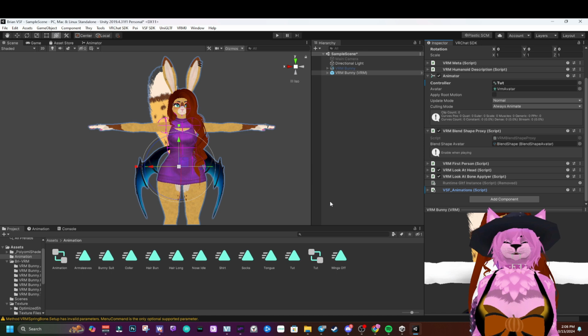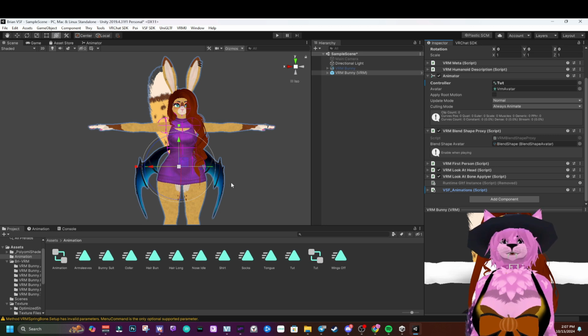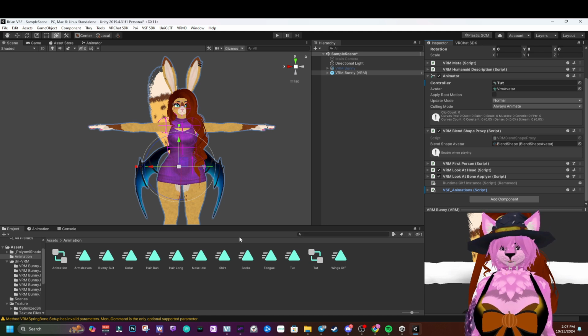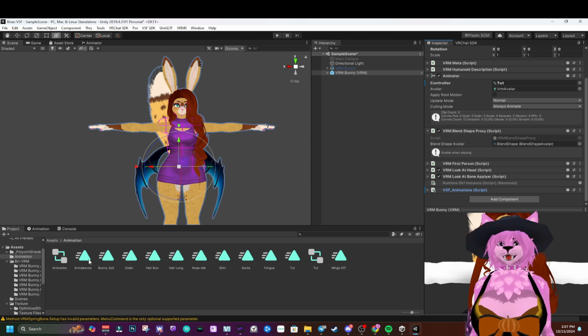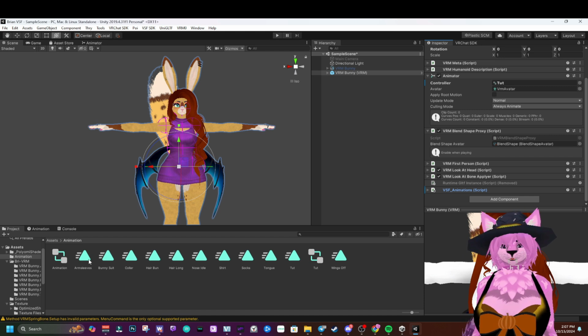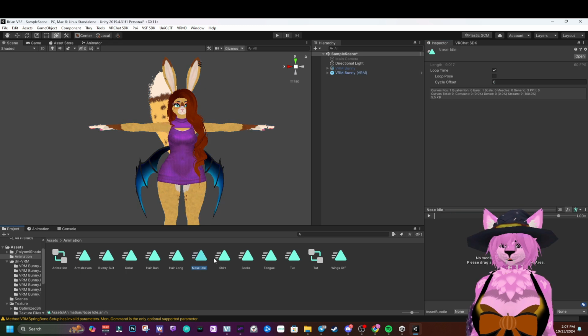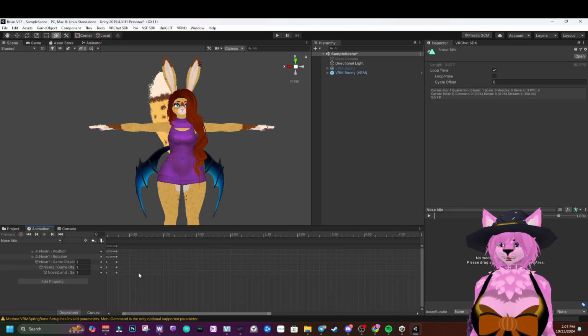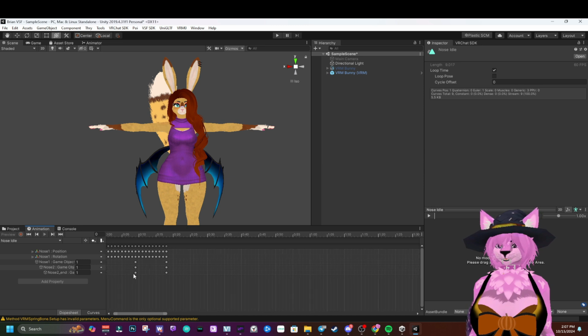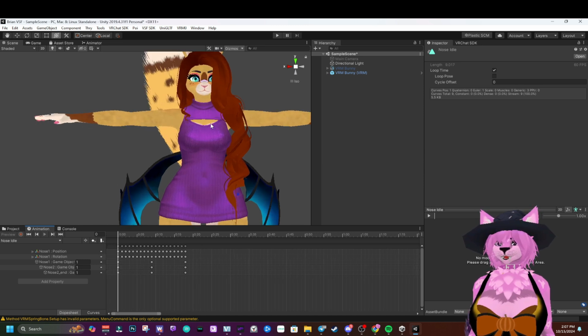Super, super simple. Now for the people who want to make an idle animation for their avatar, like on this one, she has a little nose twitch that happens every now and then. I'll explain how I did it, but I'm not going to go into it in depth because everybody has different ways their models are made. So basically it's called nose idle, which is right here. This is the animation. I created the animation myself. So basically what it does,